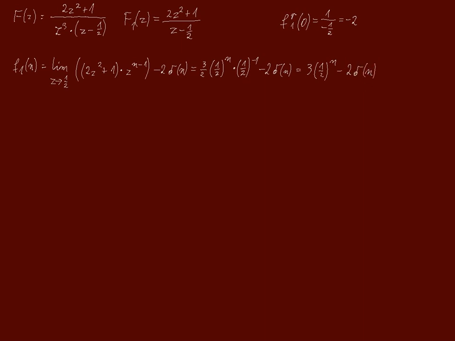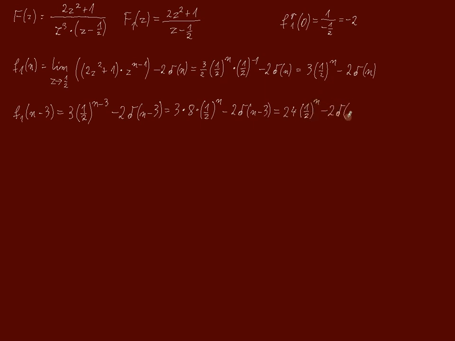In the next step, the function f1 of n-3 should be obtained. This 3 results from the fact that in the function f of z there was a triple pole at the origin of the coordinate system. We have to substitute n-3 in every place where was n. Our final result is therefore equal to